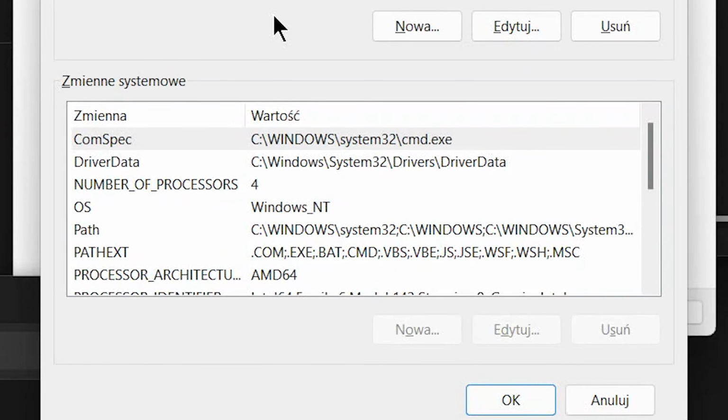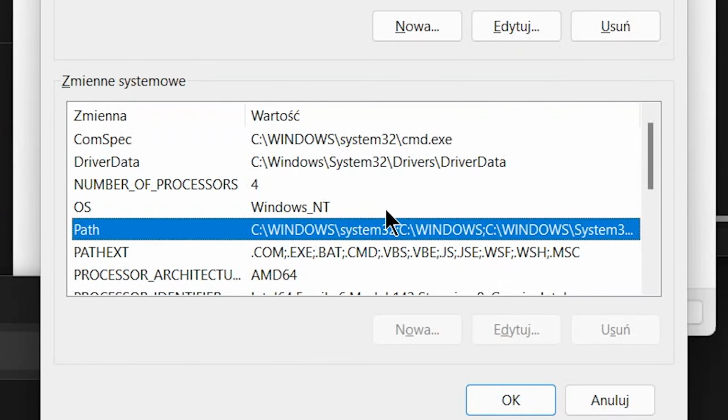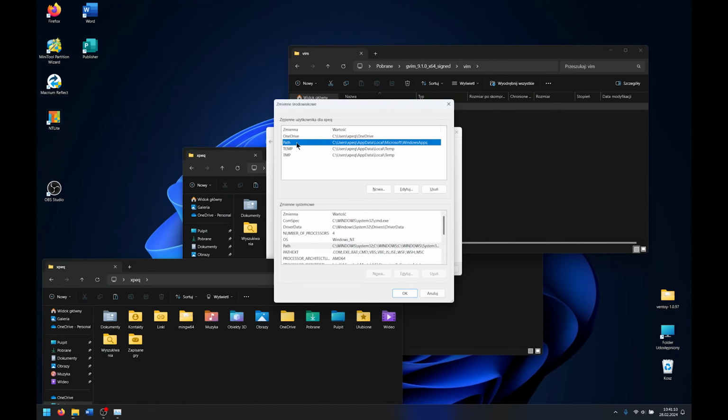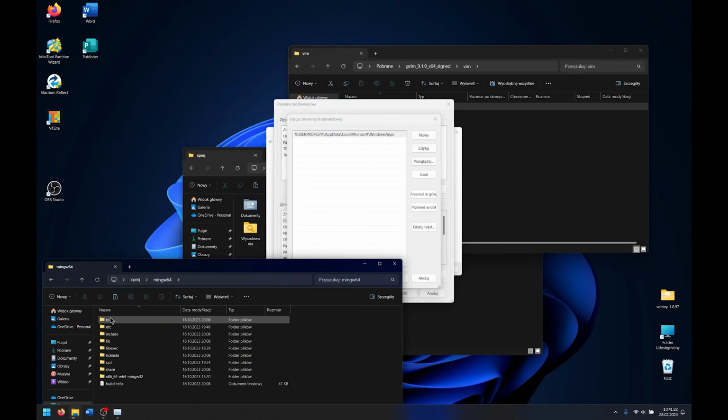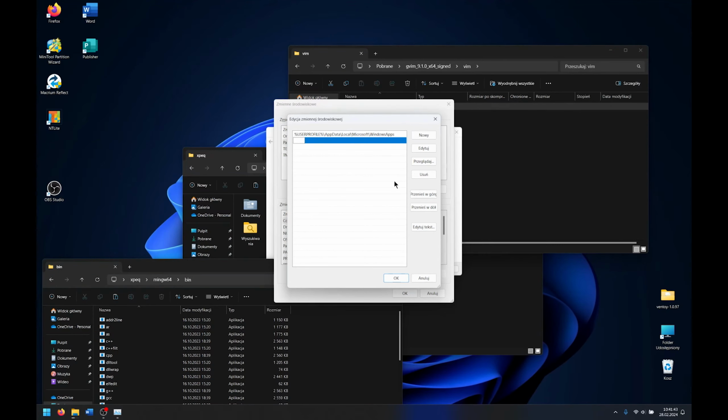So here we have the system variables, which we shouldn't touch and shouldn't be able to touch. Instead, we're gonna edit the path variable, find the GCC G++ binary, which is in MinGW bin, and to type it in, click new and type in